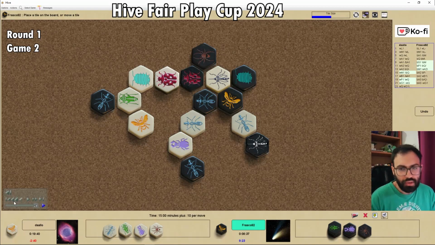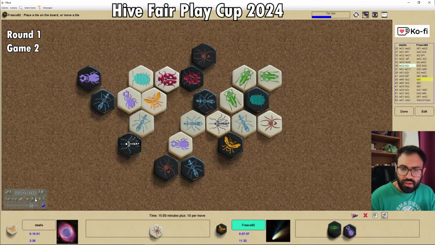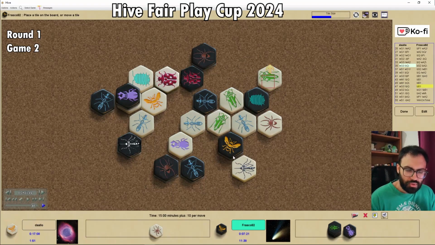Of course, in the opening, it's always better to play ants first, as soon as possible. But in some situations, you have to balance with what you have, right? As I said, my queen keeps moving. Actually, white managed to get a little bit of counterplay at the end. It was almost about to surround my queen, but